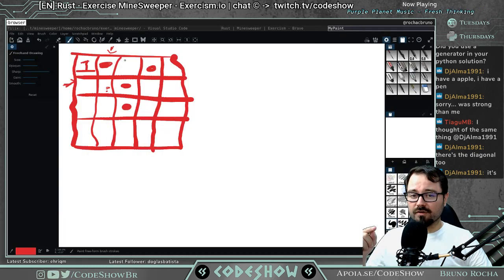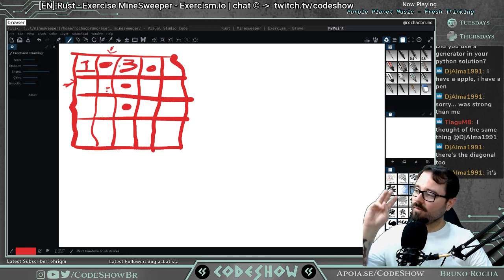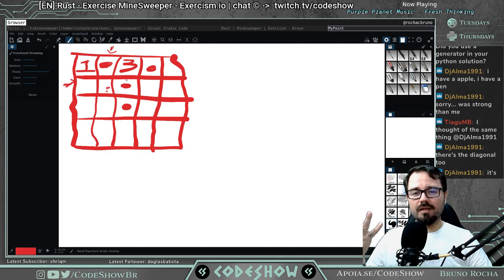So if the user is going to click here, he is going to see a hint with the number 3, and by looking at the number 3, the game player is going to know that there are 3 possibilities of bombs. One is on the left, one is on the right, and one is below. So this is all the 3 possibilities, and also here and here. So the user is going to